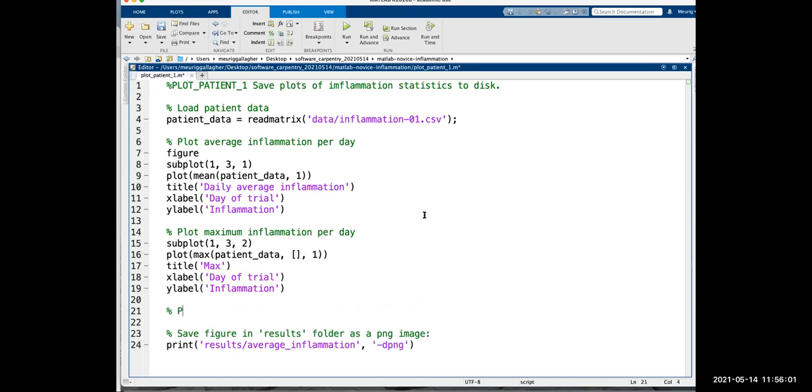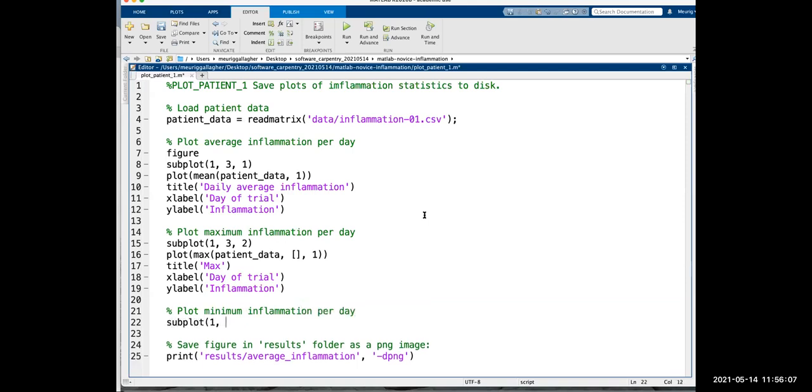And then we want to plot the minimum inflammation per day. So subplot, again, 1 and 3. For our subplots, these first two arguments should usually be the same, and the third argument will be which index we want to plot on.